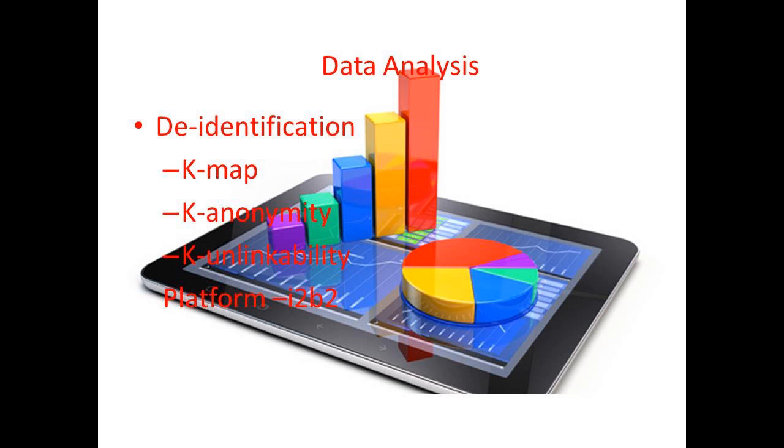This brings us to our last segment of the video, which is data analysis. And the first step of data analysis is de-identification. So the data that we collect actually belong to people, and therefore it could be traced back to the actual people, and this data could be used for harmful measures. So three different ways we can approach de-identification informatically is the K-map method, the K-anonymity method, and the K-unlinkability